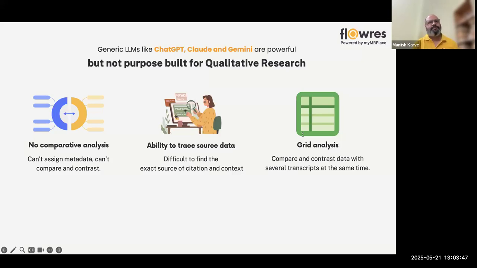After all, analysis is not just about summarizing, right? And it always needs validation. So when we tested these thoroughly, we found that there are a few things that you could not do with the generic LLMs. One thing is you could not assign metadata to the transcript files. So things like younger, older, or United States, Germany, those were metadata tags that you couldn't just assign on these LLMs. Then as researchers, you want to validate right down to the actual quote from where the inferences are being drawn. And that sometimes is not possible with these LLM interfaces. We found that you could get to the file, but not to the actual quote. And then again, you have to do a lot of prompting to make sure that you can elicit the response that you actually need.